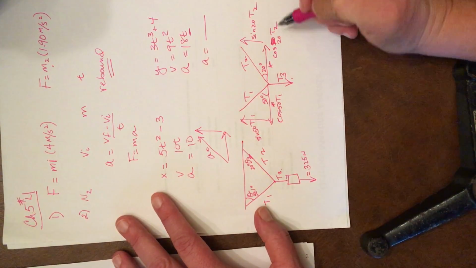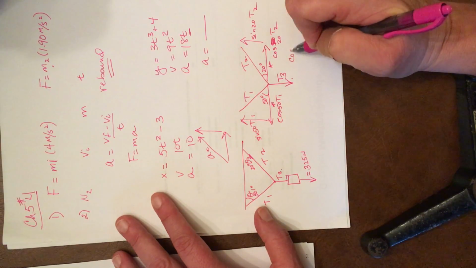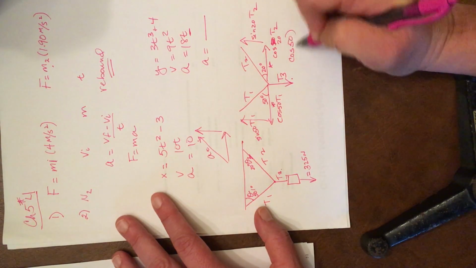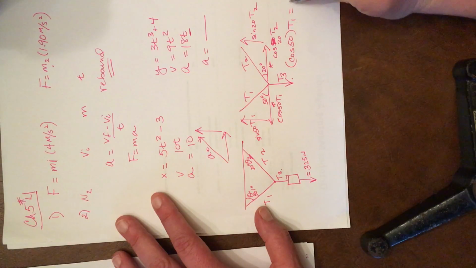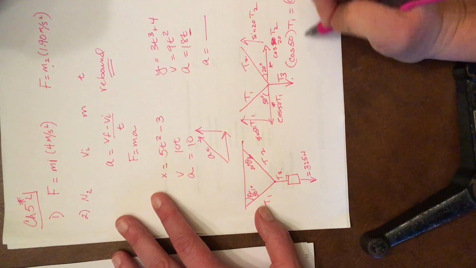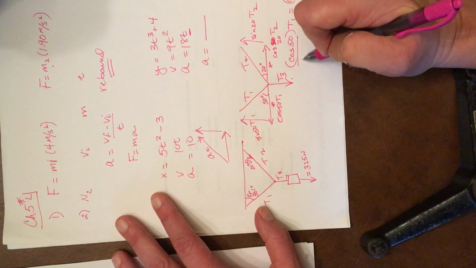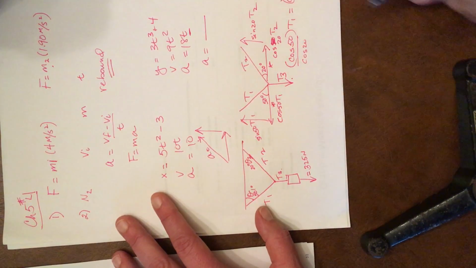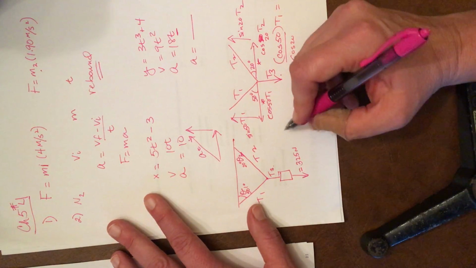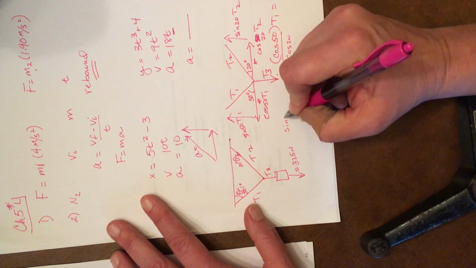20. Just to have you see what that looks like, just in case you're still like, what? All right, so T1 cosine 20 equals T2. So let's just divide by cosine of 20. Get rid of that. So now I have a value for T2 when I do my up equals down